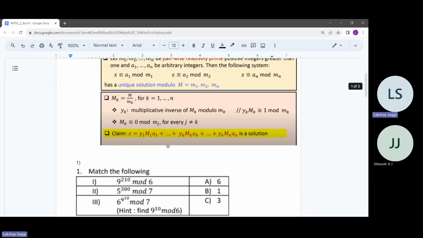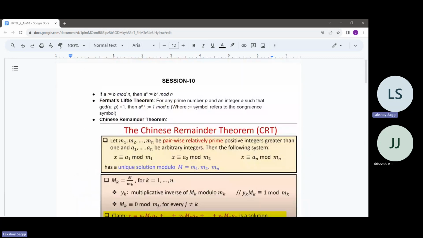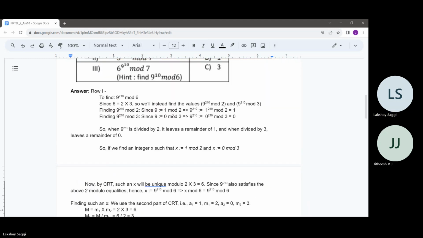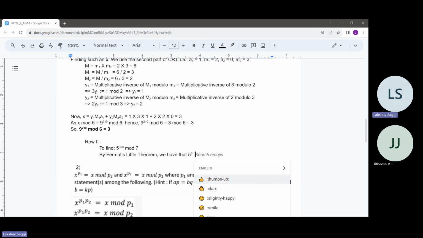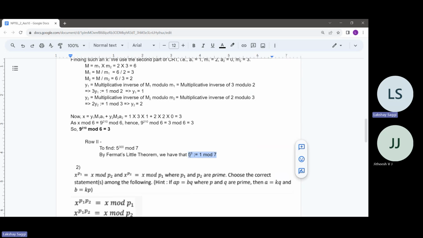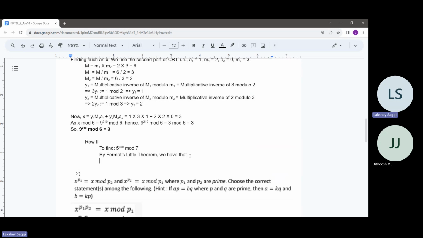And since 7 is a prime, we can just apply Fermat's Little theorem directly. And how will this help us? Maybe we can just see. So by Fermat's Little theorem, we have that 5 raised to the power 6 will be congruent to 1 mod 7. I hope this is clear to everyone. This is just the application of Fermat's Little theorem. And since 5 raised to the power 6 is congruent to 1 mod 7, this implies